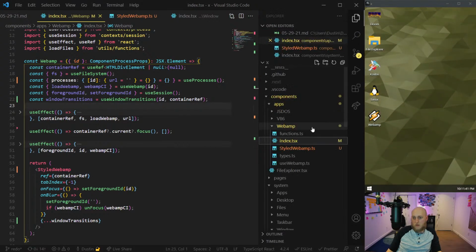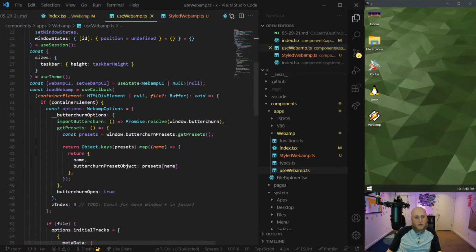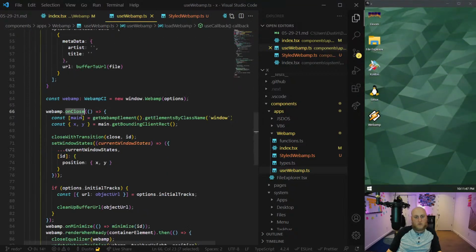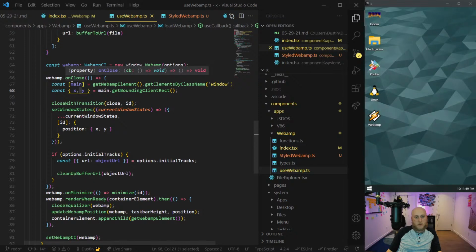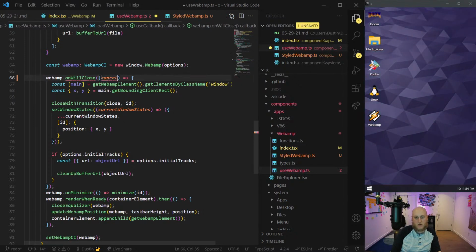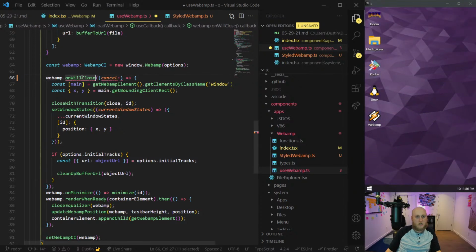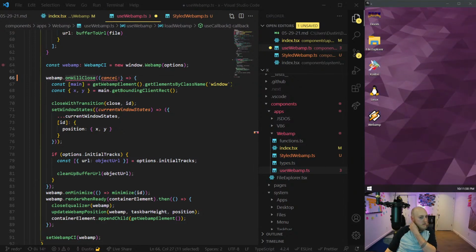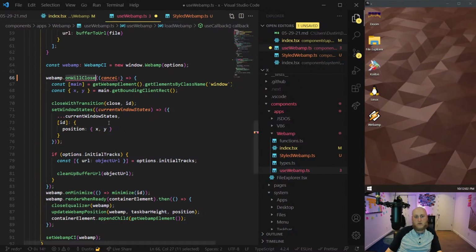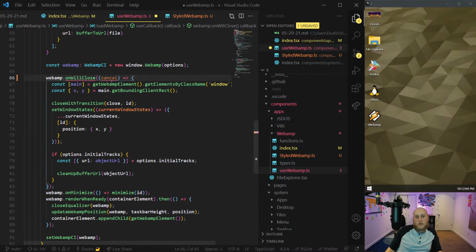One of them, interestingly enough, is within use Webamp here. I've got a binding to on close. And I found out that it's actually better if I do on will close, because then I have access to a cancel function, which I kind of need. So let's get to that. I've switched it to a cancel function here.